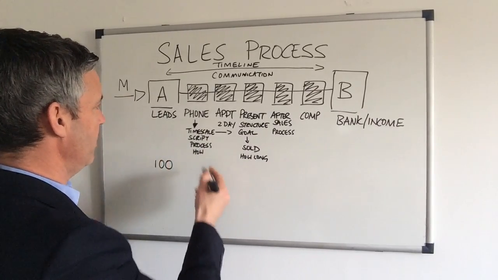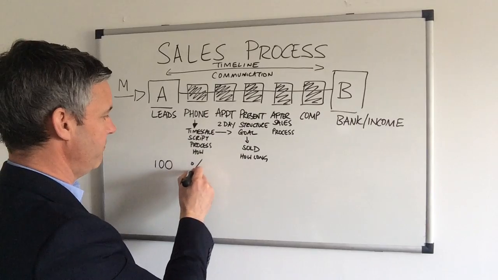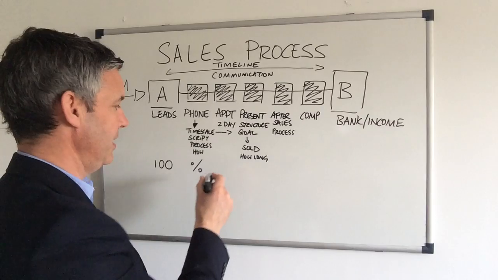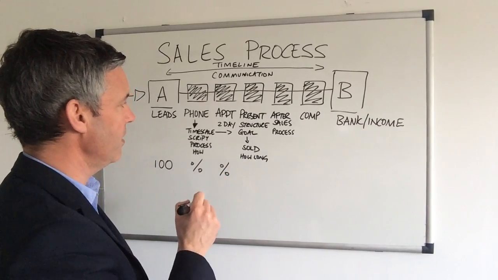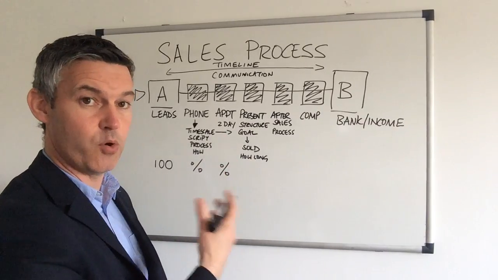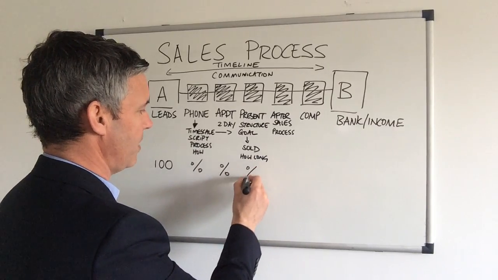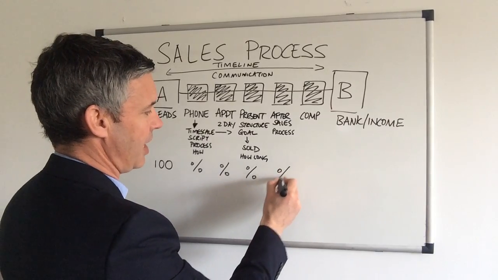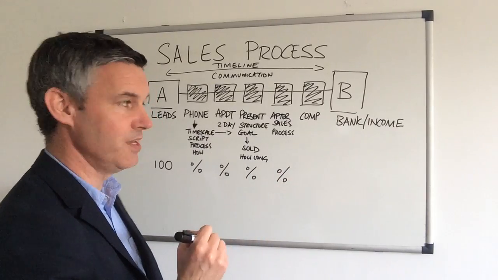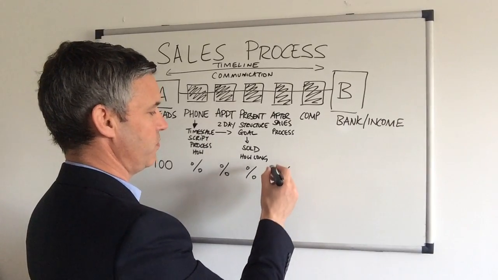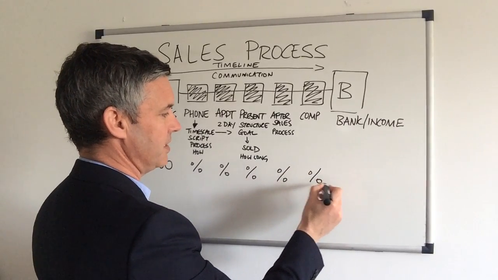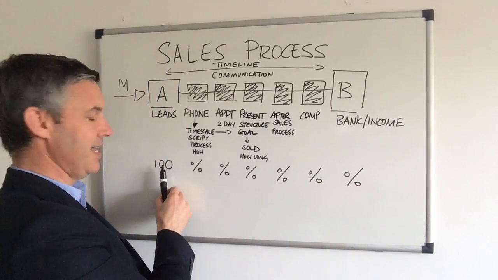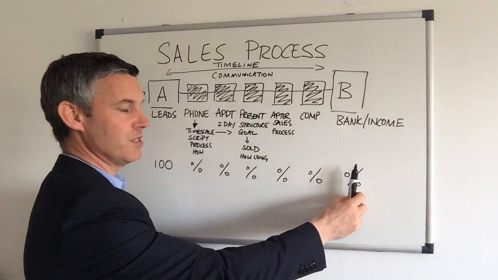Okay, I want to know the percentage it converts to in terms of over the phone. How many can we get hold of? Then it converts to how many we are converting to an actual appointment. Then I want to convert it to, out of those appointments, how many are we selling? Then I want to convert it to how many of those that we've sold are dropping off. Then I want to know what's the percentage between the after sales and it completing. And then that gives me an overall percentage here between this lead coming in and then what the bankable